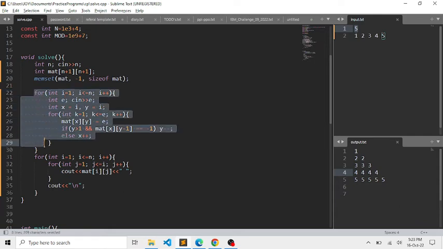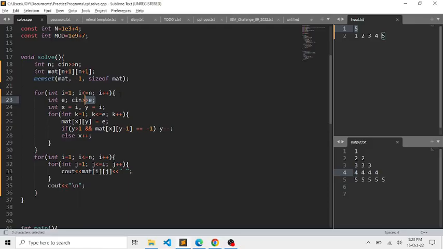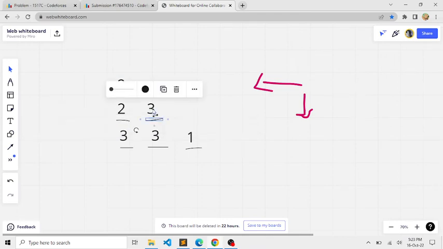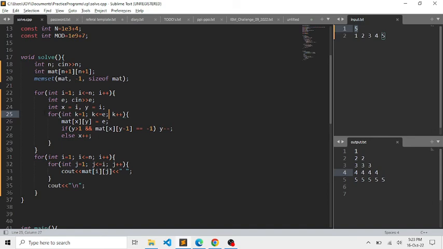Now I am looping over all the elements from 1 to n, and I am taking in the input. So first I'll take the input as 2, then 3 and then 1. Starting with 2, I have used another loop which will iterate 2 times. For 3 it will iterate 3 times, and for 1 it will only iterate 1 time. This is what this loop is doing, and with every iteration it will place an element in a subsequent position, starting with the diagonal position.